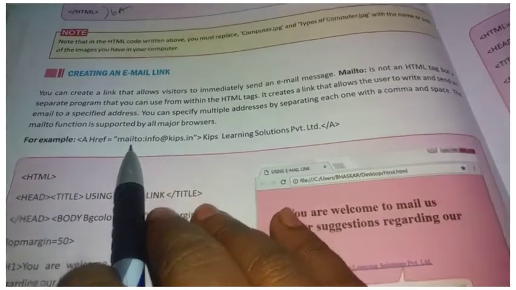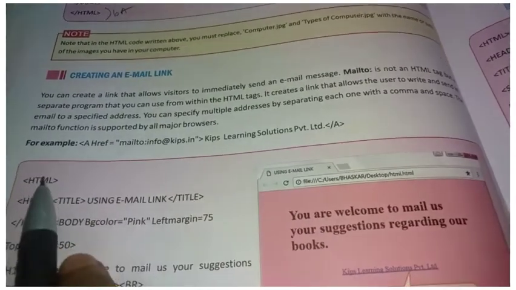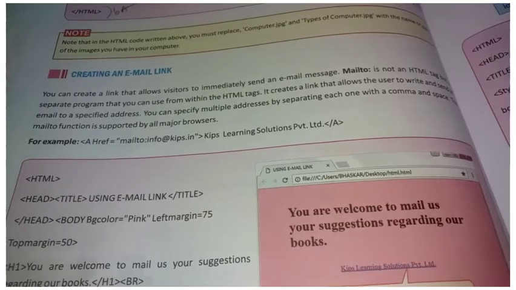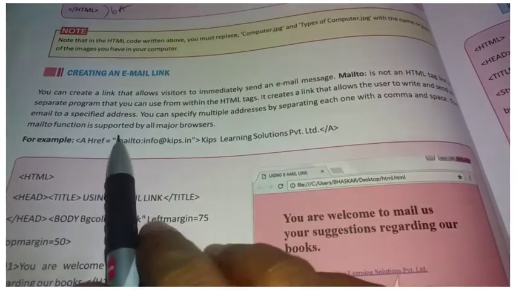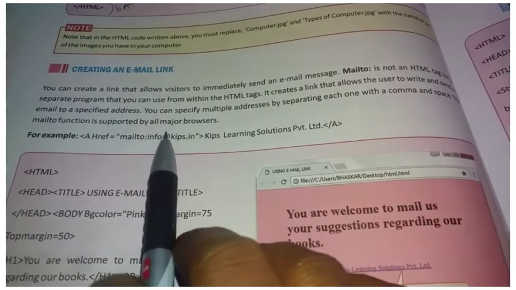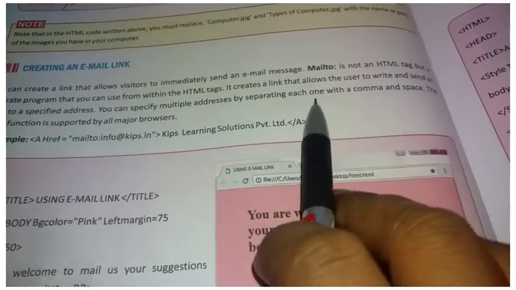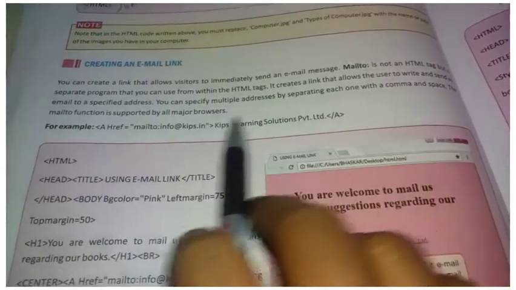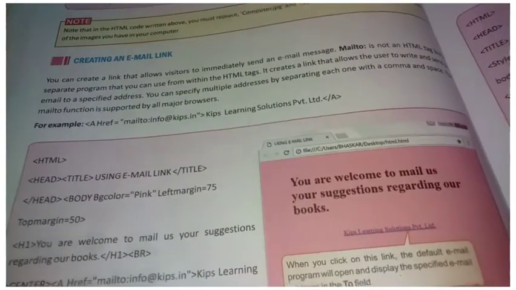Yes, children, if he wants to write to customer care, we will have one address for that. For that one we will send a mail like this. If you want to send a mail, you can send to this mail, they are saying. You can also specify multiple addresses by separating each one with a comma and a space. The mailto function is supported by all major browsers.